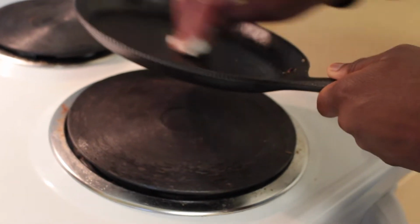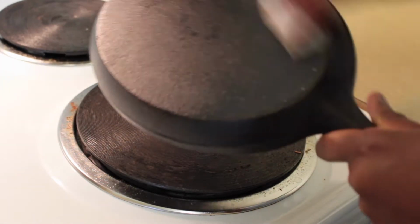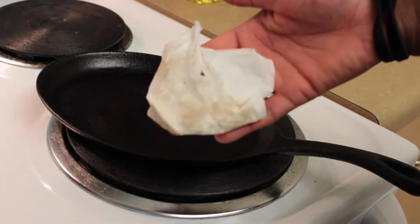So after you use it, you can definitely get the oil, put it on a paper towel and rub it across the surface. It will get rid of all of the dirt that you had on it, and it will shine it up really nicely. And then another tip to make it last longer is that if you use it regularly,